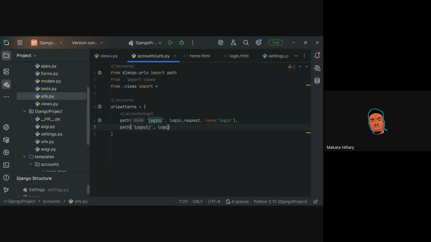I think that's the name of our function, logout_view, then comma, we go ahead and name this. Sorry, not this way. You have to use name. Name equals